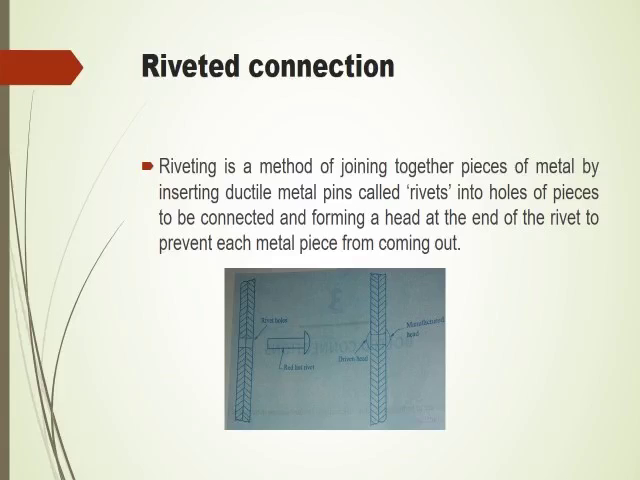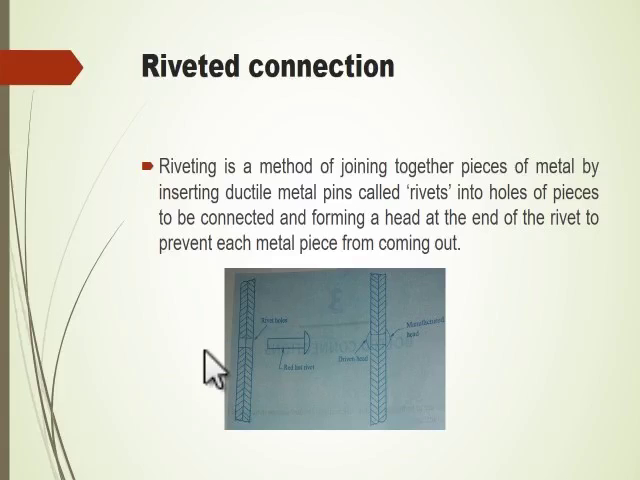Coming to riveted connections, riveting is a method of joining together pieces of metal by inserting ductile pins called rivets. In this process, as shown in the figure, they will take the two metal pieces in this manner, nearby without any gap between them, and they will insert this ductile material called a rivet into the hole of the two plates, and they will make the other head of the rivet,